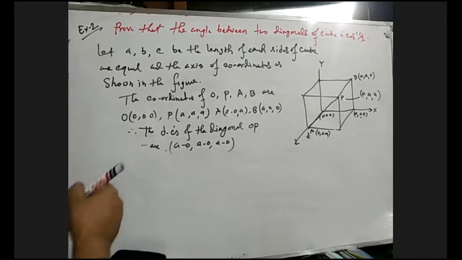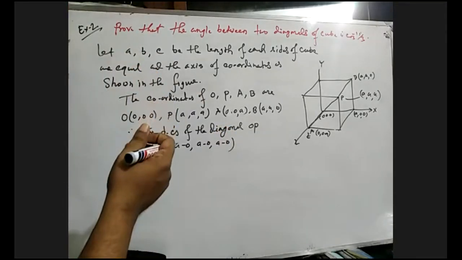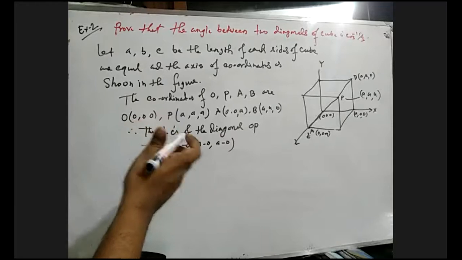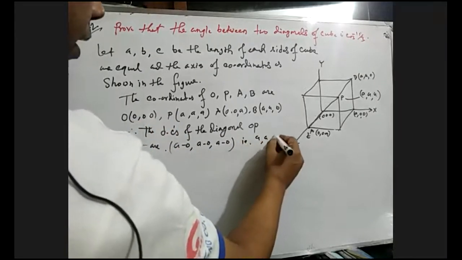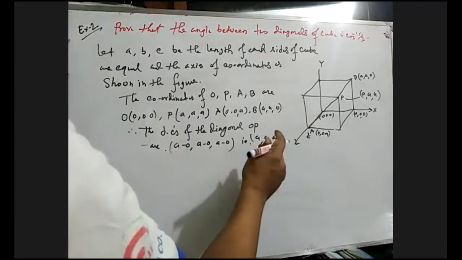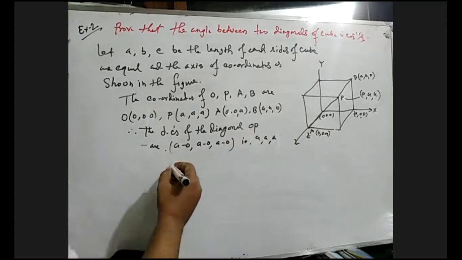So the direction cosines of the line OP are a minus 0, that is a. Okay, this is the direction cosines. Again,